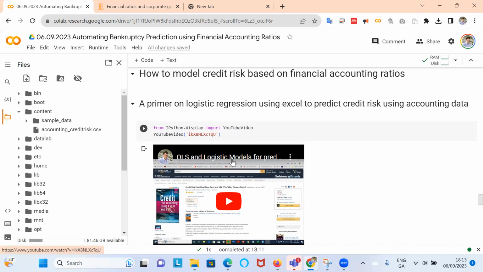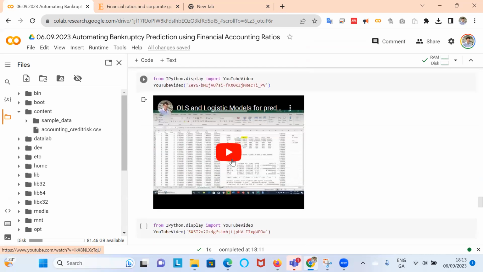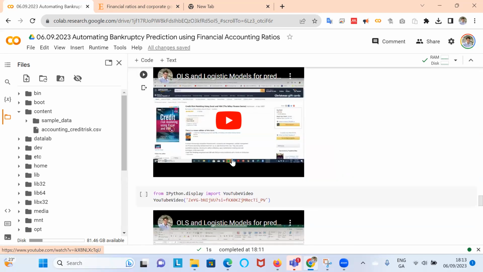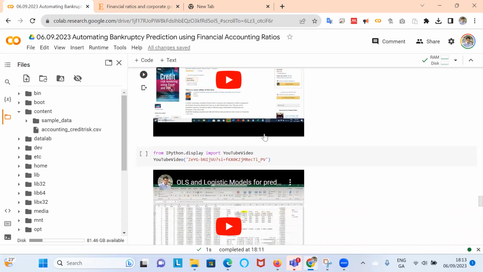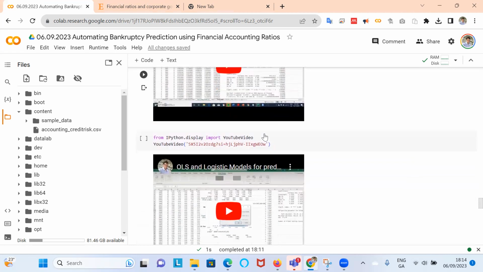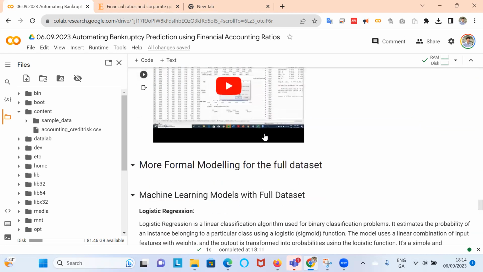Once you have reviewed these video clips and get a sense of what it means that we create a model, we parameterize a model, we minimize the error, that the OLS model is linear while logistic regression is nonlinear, while logistic regression is a maximum likelihood estimation, that would give you a better sense of what's happening in the rest of the Colab here.